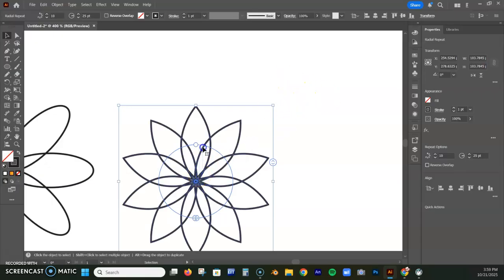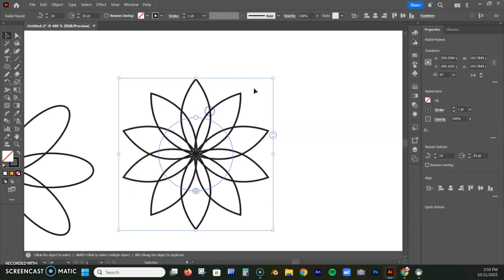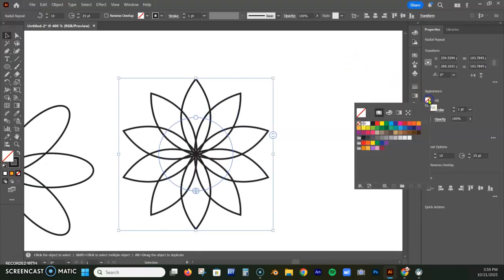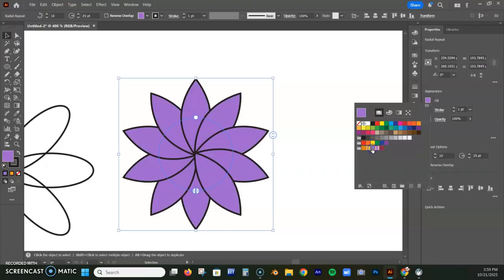So I'm going to go ahead and take this right here, move this up. And let's go ahead and change the fill color. So if I click on fill right now, the default swatches are not great. I added a couple more in here just to kind of experiment. So let's go ahead and apply like a purple fill to it. So you can see that there's an overlap, starting with that first petal and then radiating around until you kind of get to the last petal. I think it maybe starts at the bottom here. So it does create that overlap, but that's really fun where you can now duplicate this and add another version